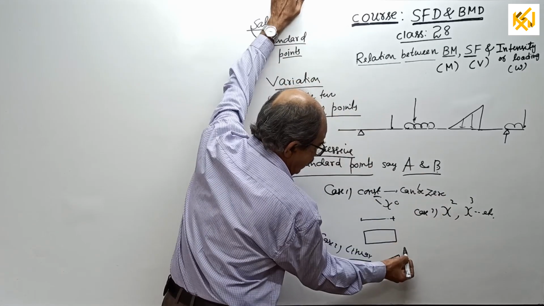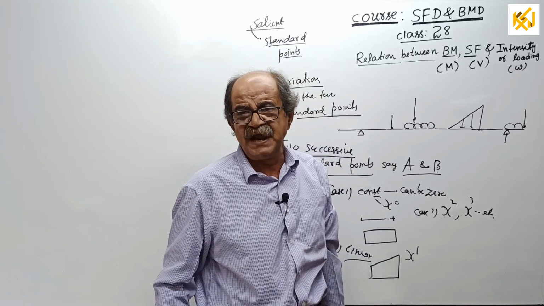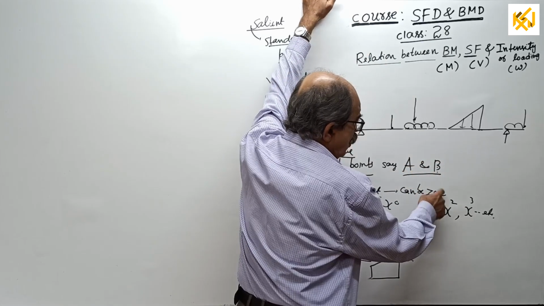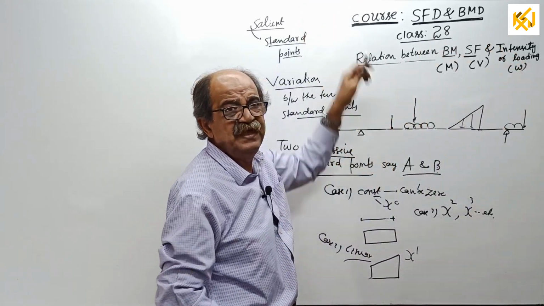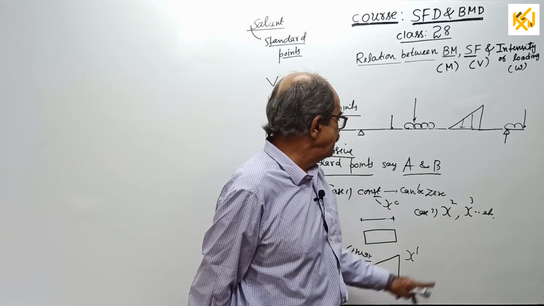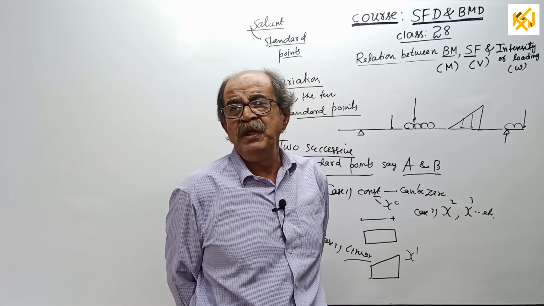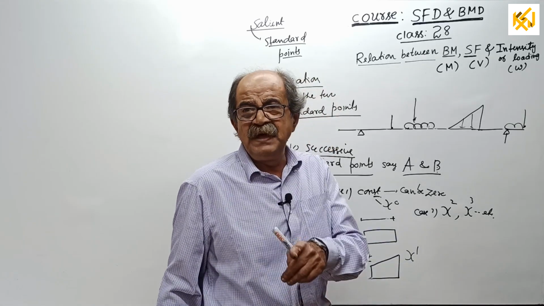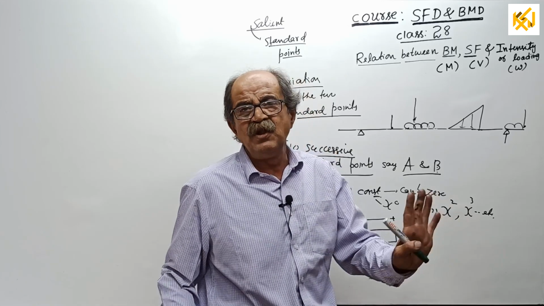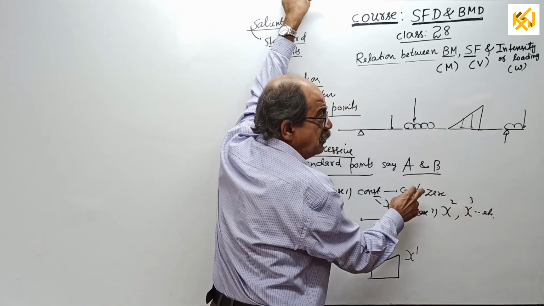Then linear means x power 1. This you people know: y equal to mx plus c is the equation for a straight line. X power 2 or x power 3, etc., also comes. For example, when you consider UDL, for BMD it is x square, and shear force variation will be linear. When you consider uniformly varying load, for SF it is x square, and for BM it will be x cube. Further we are not going. So x square or x cube, power more than 1 means